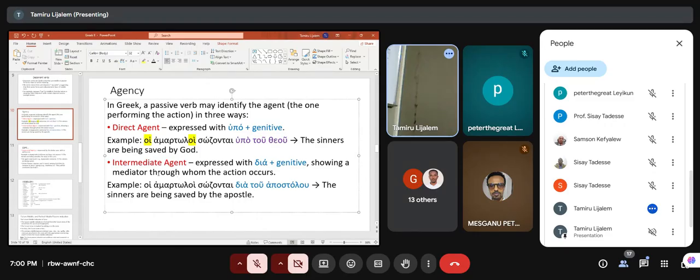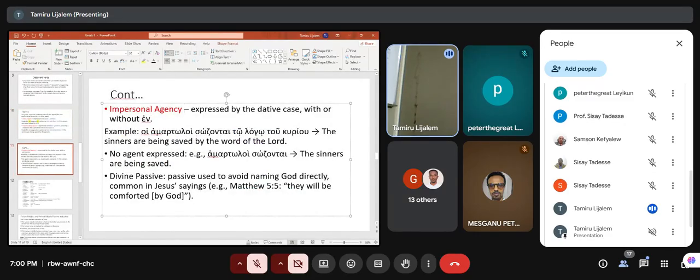The other one is impersonal agency, expressed by dative case with or without en. For example, hai hamartoloi sozontai to logo tou kuriou. The sinners are being saved by the word of the Lord. Impersonal: there is no agent expressed. If we find this information, expressed by dative case with or without en,